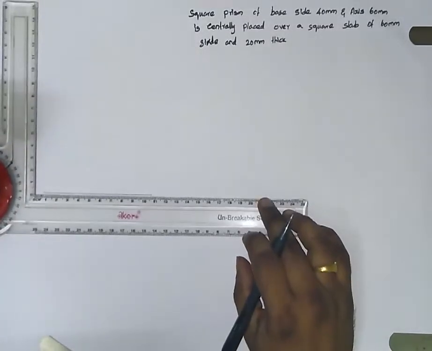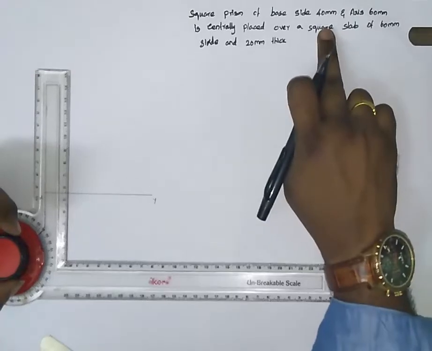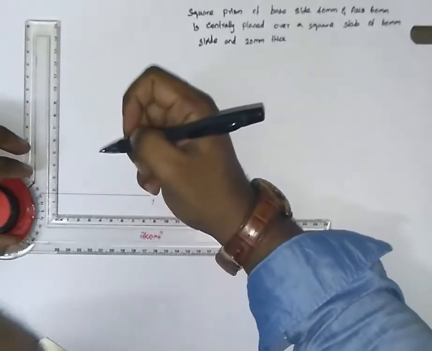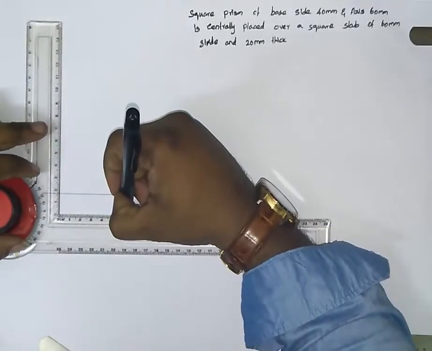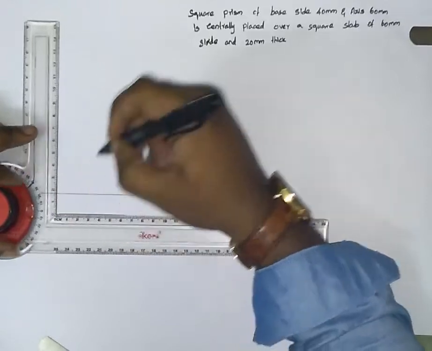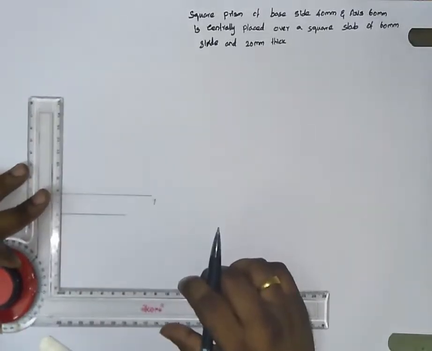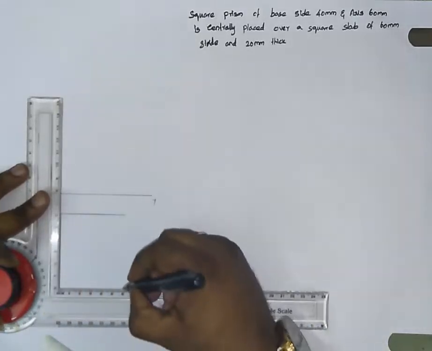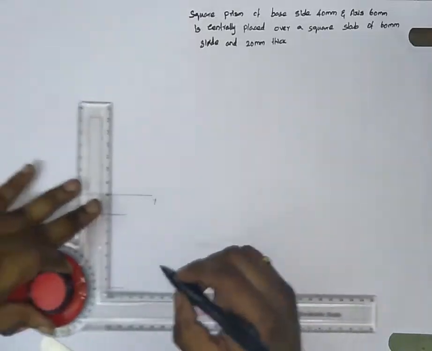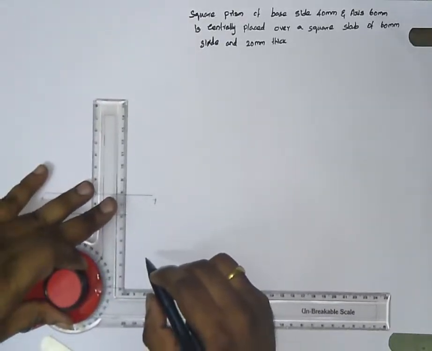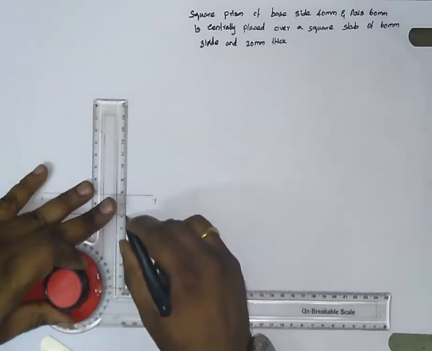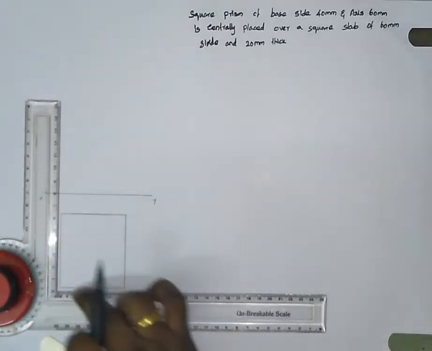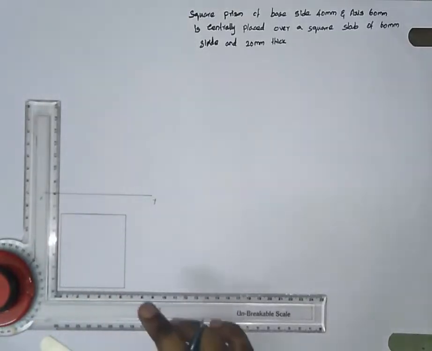Now the first thing you have to do is draw the square slab. That square slab side is 60 mm. Now from here just draw a square of side 60 mm, that is, the slab is 60 mm side. Draw a square with 60 mm side like this. Okay, this is your slab. In the top view, the slab will be exactly 60 square. It will look as 60 square.